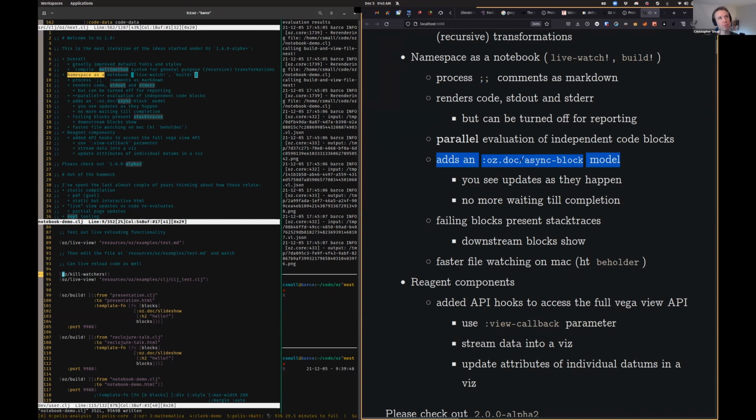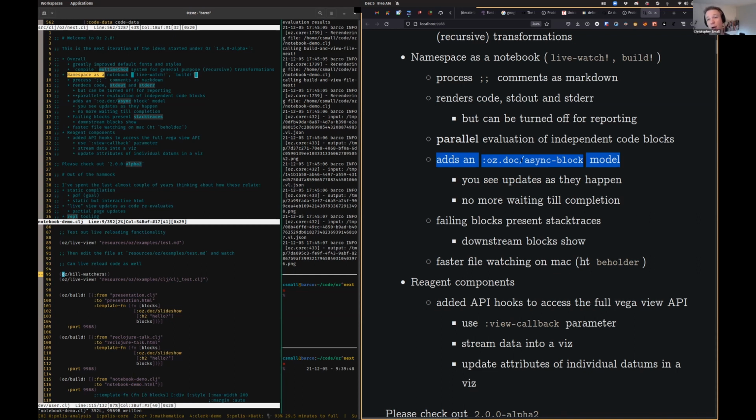The next thing here is what is now becoming a more fundamental notion to the project. Prior to this, Oz was really just about taking Vega and its extensions, but really thinking about hiccup as the main document model. Everything in the system compiles to and from hiccup. And that's going to be changing slightly with this new iteration,